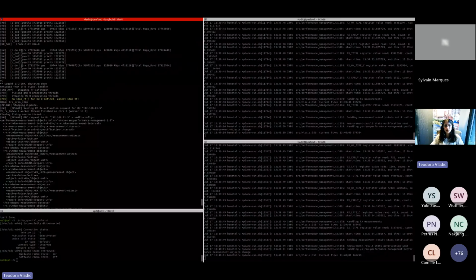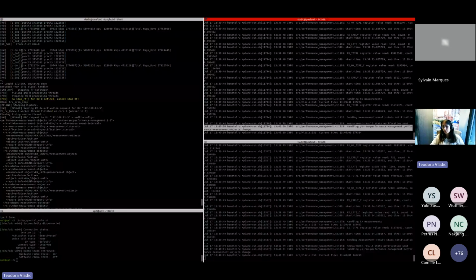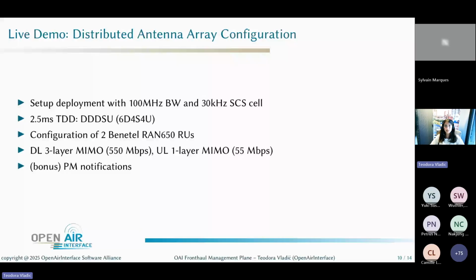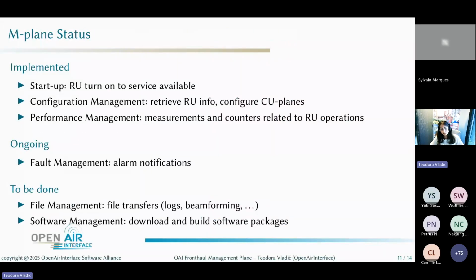So as you can see here, when the signal is being caught, we will send the performance measurement deactivation to the ORU, and you can see that the ORU successfully retrieved the measurement change. So this would conclude a live demo, and I will continue with the next slide, which is the current M-plane